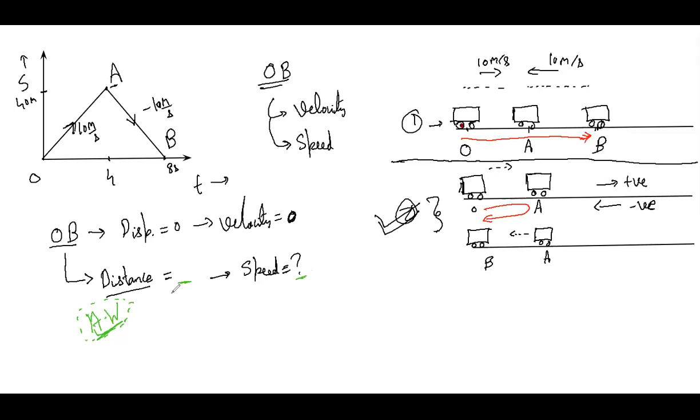Okay, is the question clear to everyone? Homework clear? Question is, you have to find out what is the distance between O and B, and correspondingly what will be the speed of the particle. You have to find out the distance between O and B, and what will be the speed between point O and B. These two you have to find out. So this is your homework for today.